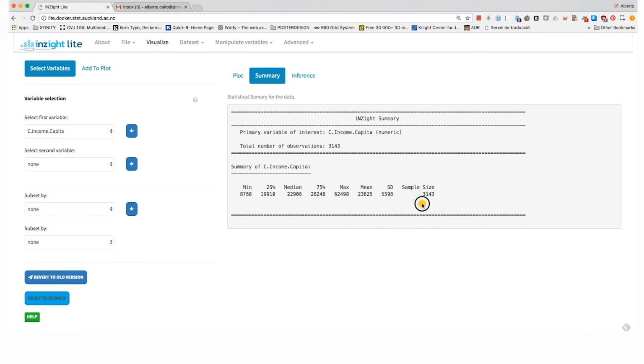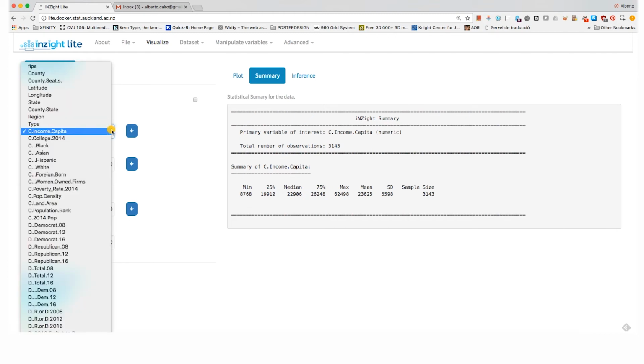We have the sample size, so this tells you that there are more than 3,000 counties in the mix. And then we have the quartiles. We are going to get to the quartiles in just 1 minute. So this is the first quartile. The median is the second quartile, and then the third quartile over here. So this is a great way of getting a summary of the statistics of this particular variable in order to start understanding it.